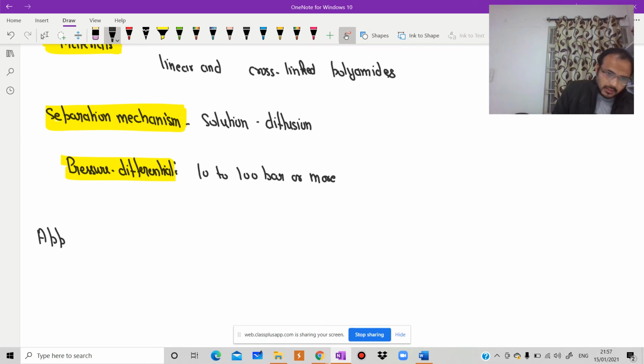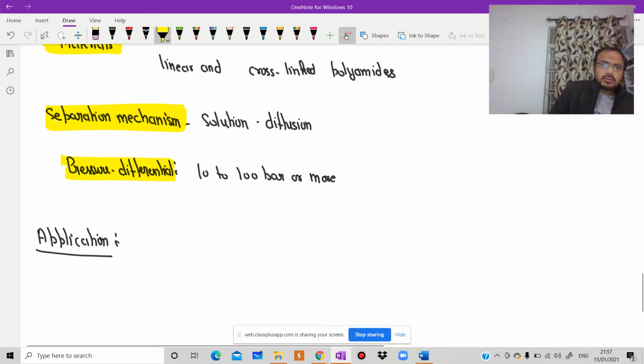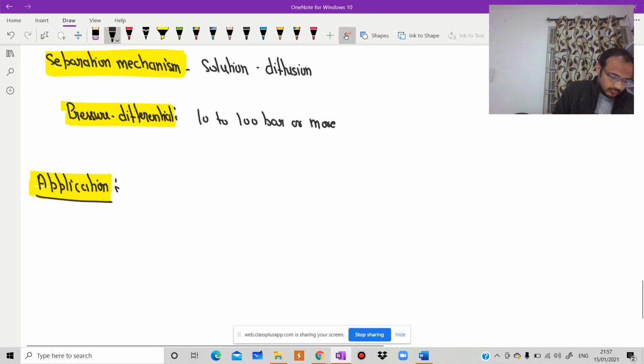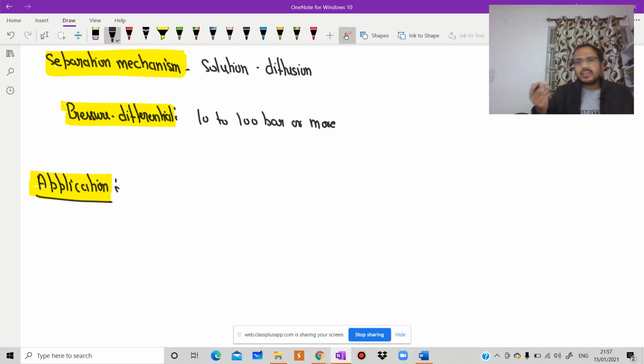Applications. After that, only two models will be left. You know the largest seawater desalination plant in Saudi Arabia produces 56,800 meter cube of water per day, because in all the Gulf countries, pure water is a very big problem. That's why they desalinate the seawater.